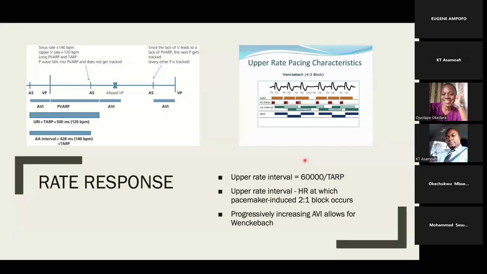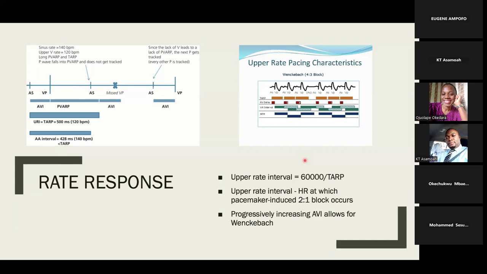This is because, especially if you have a pacemaker that is tracking the intrinsic activity, as the heart rate increases, you may have impulses occurring within the PVAP period, and because they occur within the PVAP, that P wave does not lead to a ventricular depolarization, and therefore you have an abrupt drop in the heart rate, and that can give you profound